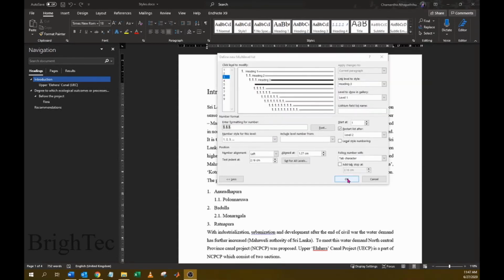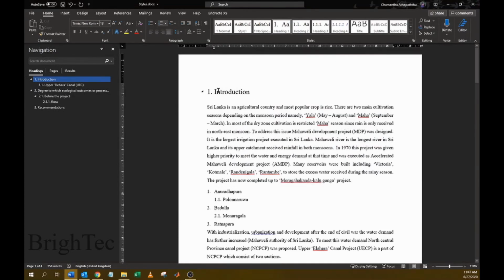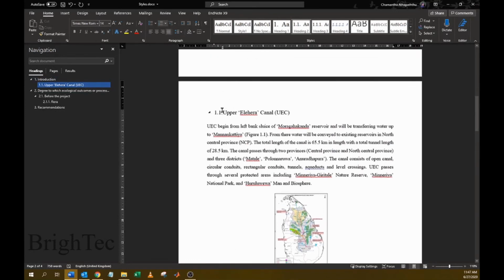Now we'll click on OK, and you can see the numbering system has been added, and heading 1 has started with number 1. And if you go into heading 2, which is under this heading 1, you can see the number starts with the number 1, which comes from heading 1, followed by the number 1, which represents that this is the heading 2 under this heading 1.